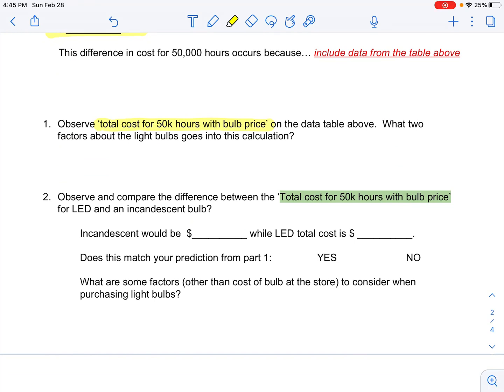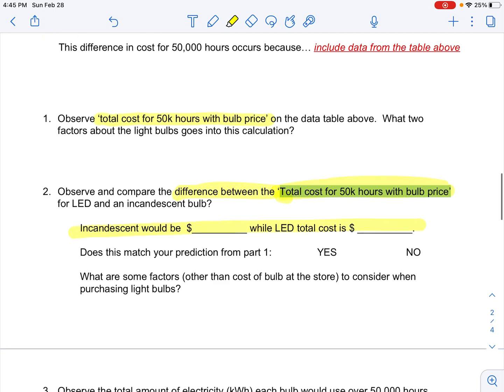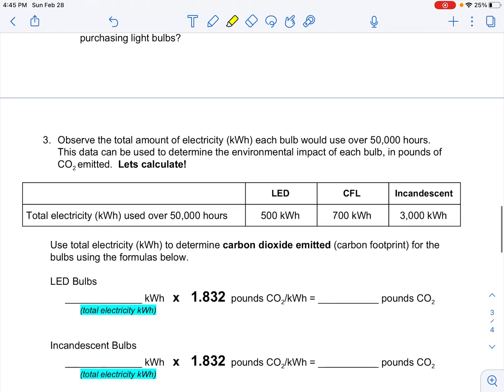All right, so in number two, we're just going to compare those differences with the bulb price here. Answer the questions. And then number three